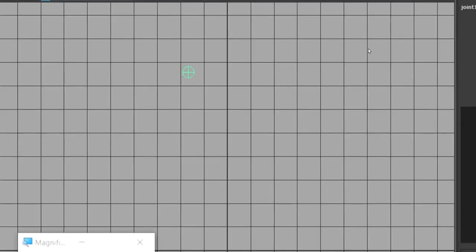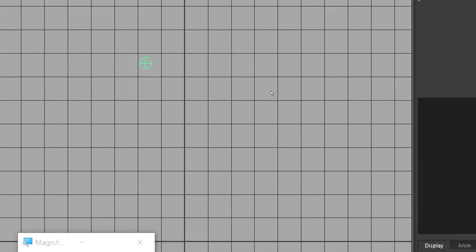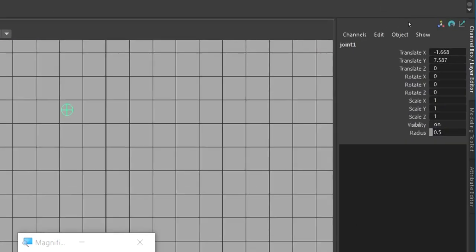This is a joint, but this joint does not have any continuity or connectivity. This is a single joint. From this joint we can create a bone structure, that I will explain. You can see the joint name as joint 1.